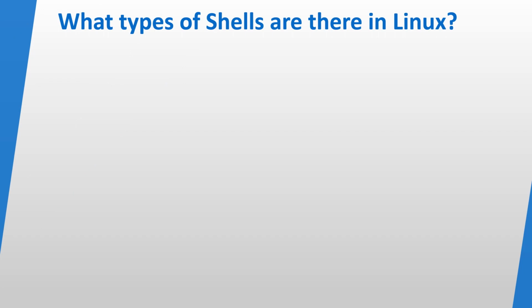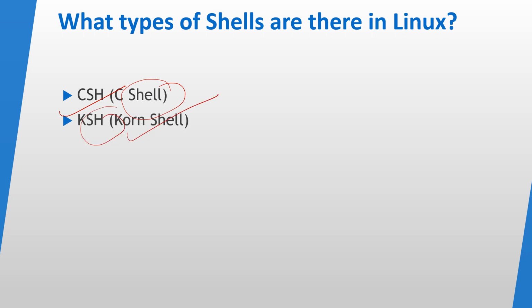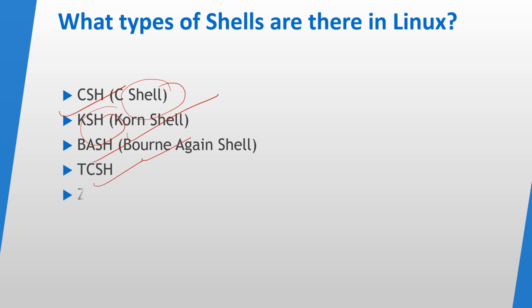what types of shells are there in Linux? We have CSH shell, which is also known as C shell, then KSH shell, which is also known as Korn shell, then bash shell, which is also known as Bourne Again shell, then TCSH, then ZSH, then Bourne shell. Okay,